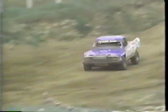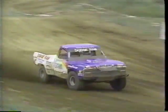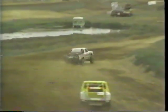Oh, and McEachern slams the door shut again. Meanwhile, we've got to show you Walker Evans. He has earned some camera time. He is way out in front and driving a spectacular race and putting on a dazzling show for the 40,000 in attendance. And Robby Gordon has gotten past Steve McEachern. He made a bobble on the backside as we were looking at Walker Evans, and he comes out through the